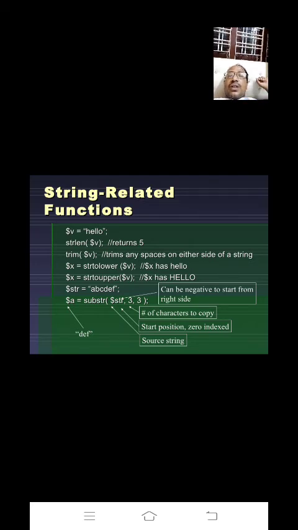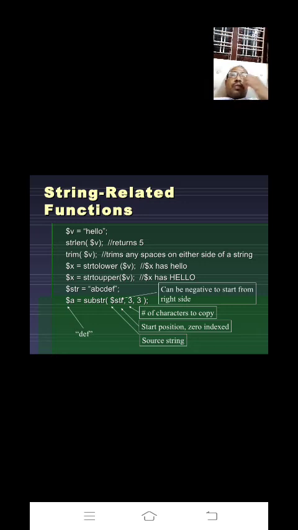Dollar is the representation of a variable declaration in PHP, v is the name of the variable, and we assigned the value hello. So it is a string, and you have to write the value of the string in double quotes.